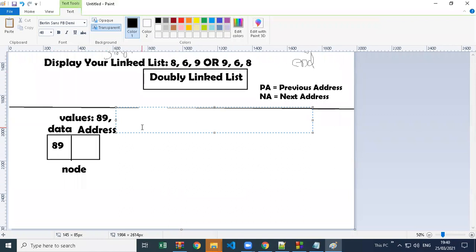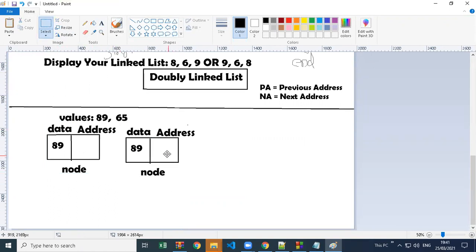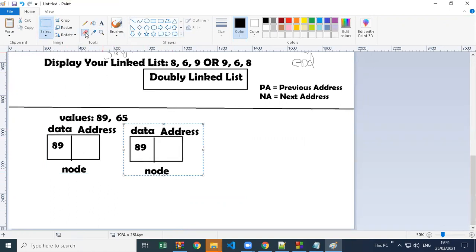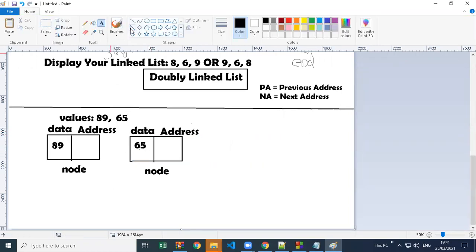So let's store one more data. I want to store 65. To store 65 we will create one memory. This memory is the same as the previous one, but the data is changed. So the data is 65. And the same thing, you have only one direction here, like a singly linked list I am creating. So the first node has the address of the next node. The next node has the 65 value, no address of next.